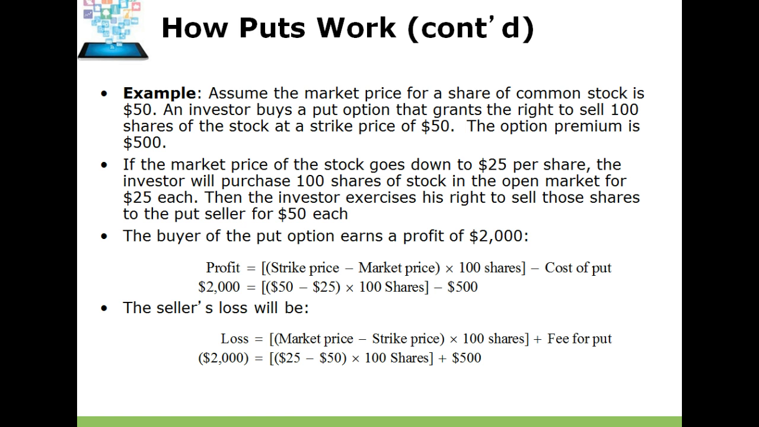Assume the market price of the stock is $50. The buyer buys a put option, which gives them the right to sell 100 shares of stock at $50 per share, and the option premium is $500. So if the market price of the stock goes down to $25, the investor will purchase 100 shares of stock in the open market for $25 each. And then the investor will exercise his right to sell those stocks to the put seller for $50 each. So basically, I'm going to go and buy it for $2,500 and then sell it